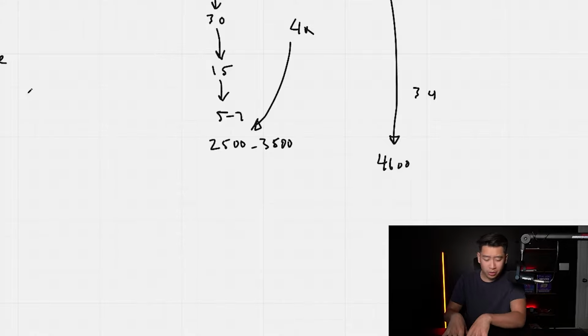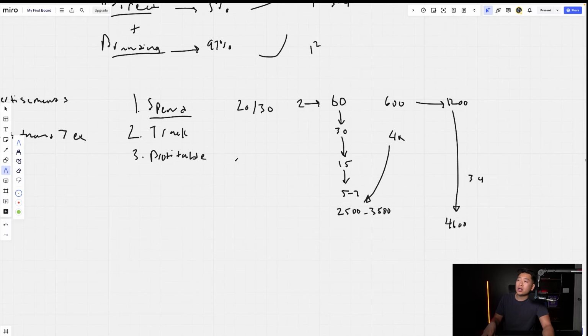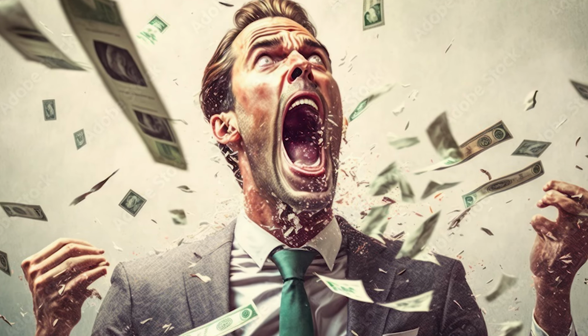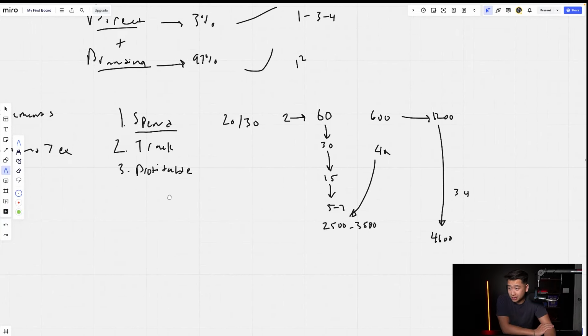But the first phase is spending. And the thing is, this is inevitable. You're going to have to go through a phase where you lose money. The only problem is how long that phase has to last, right? Because if you work with experts like myself and my team, this can be a lot shorter, or you can go through it and kind of have to work your way through it. But I highly recommend that you get through this phase,